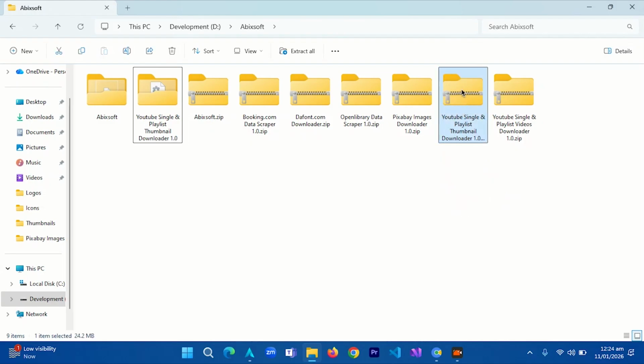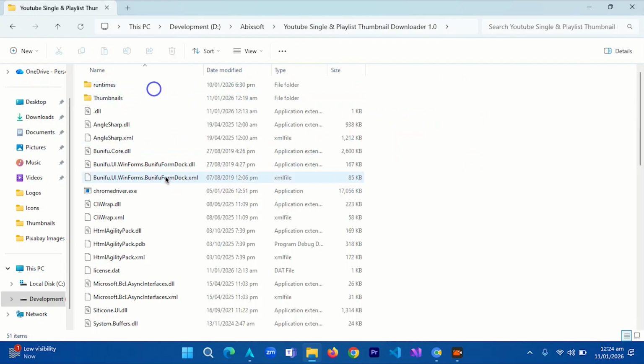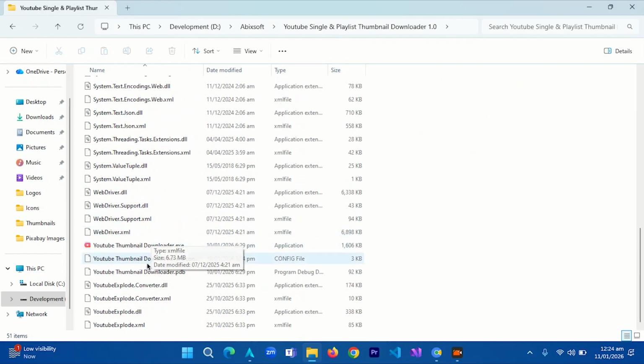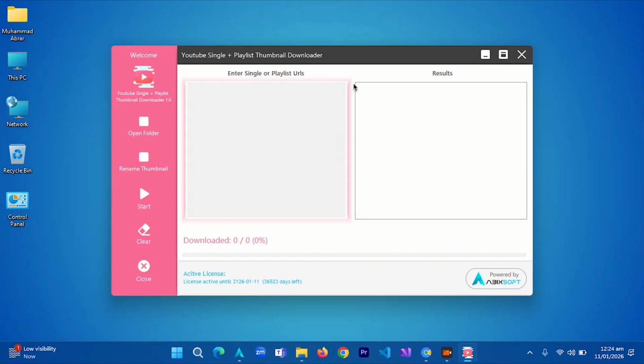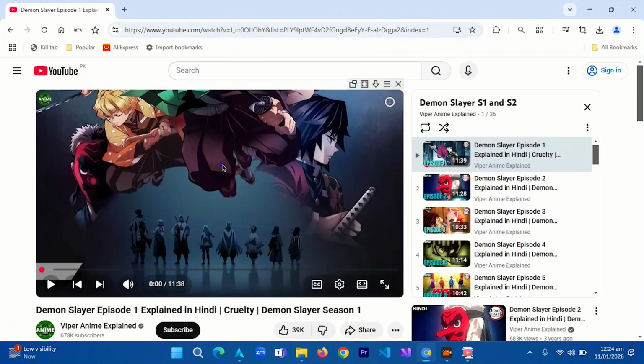When you take this zip file from me, extract it like a simple folder like this one, find this exe file and click on open. And first we need a link. I just select this